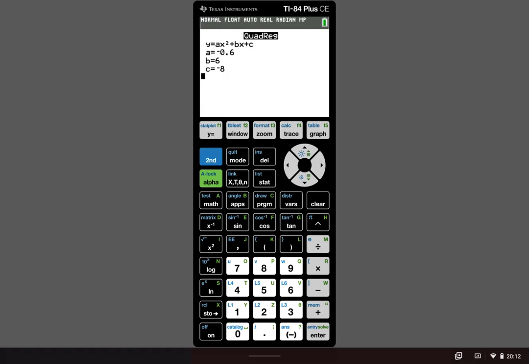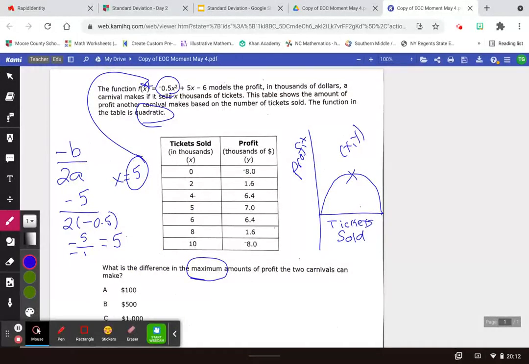And so here I've got y equals a negative 0.6x squared plus 6x minus 8. All right, so then you're going to take this, and we'll come back over here, and I now know my next quadratic function is y equals a negative 0.6x squared